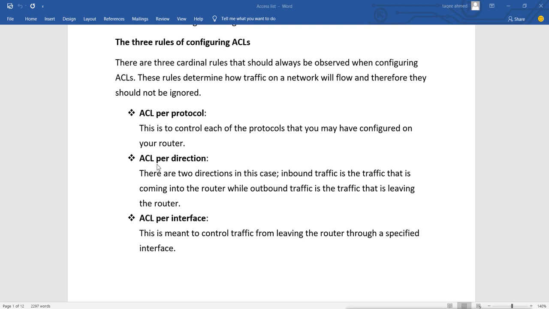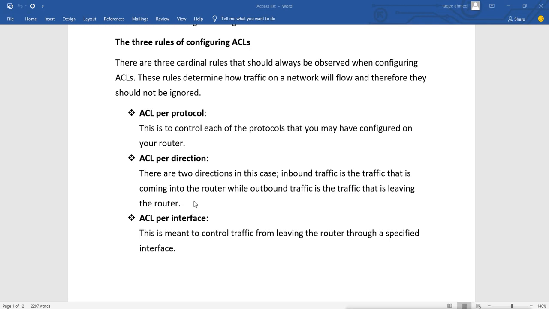Then ACL per direction. There are two directions in this case: one is inbound and the other is outbound traffic. Inbound traffic is the traffic that is coming into the router, while outgoing traffic is the traffic that is leaving the router.